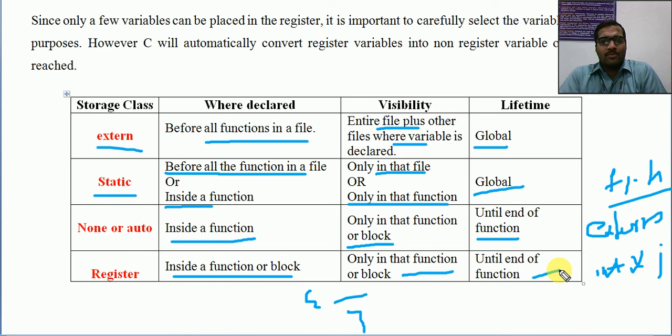Just go through the four different examples. You can refer to some other programs where we use all these types of variables, and you can see the differences. In other languages also we follow static and so on. Automatic we use regularly. Many languages follow the static concept. The other two, global variables, we follow in many languages, but register not always. But those three are familiar, because many languages follow the same types of storage classes.